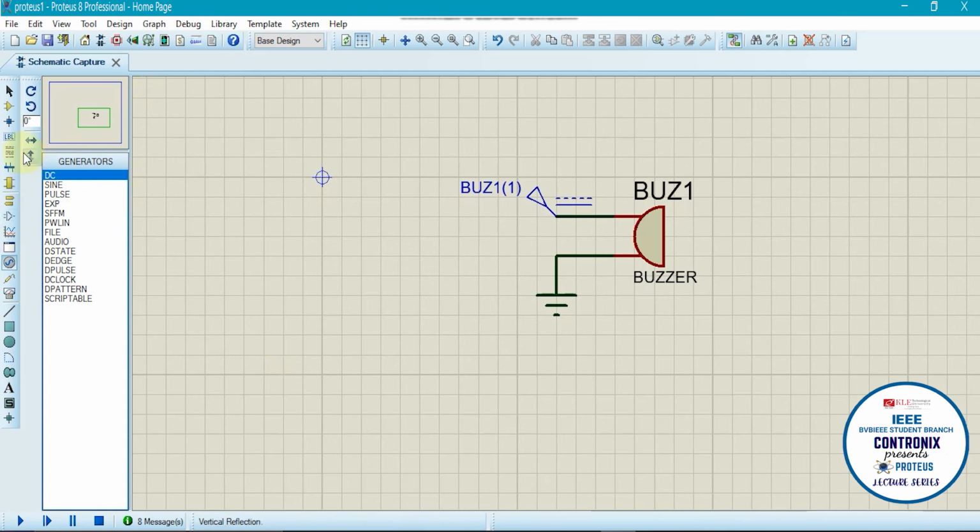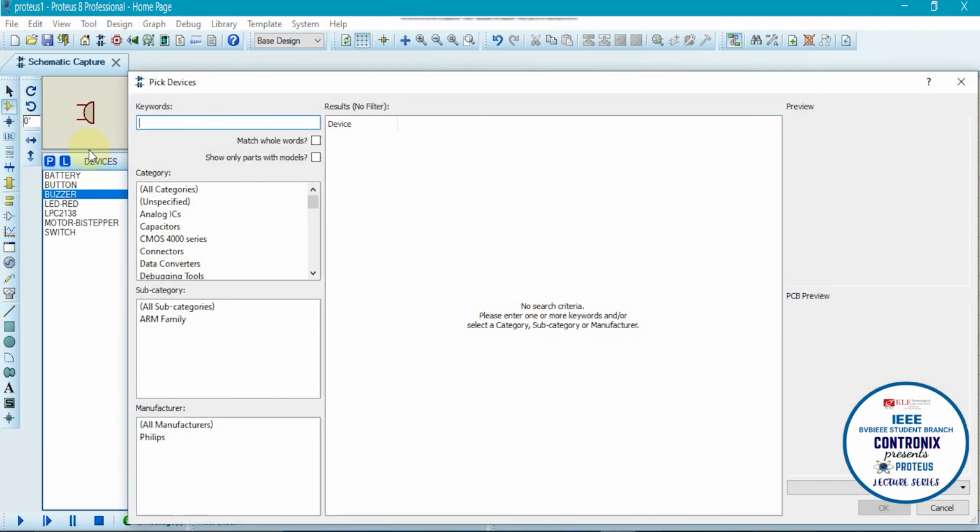Now we will go to the component mode and pick the next component, which is a very important component in any circuit device, that is a microcontroller. A microcontroller is basically a device which incorporates a microprocessor. A microprocessor is a miniature electronic device which performs arithmetic, logic, and control circuitry for the CPU.